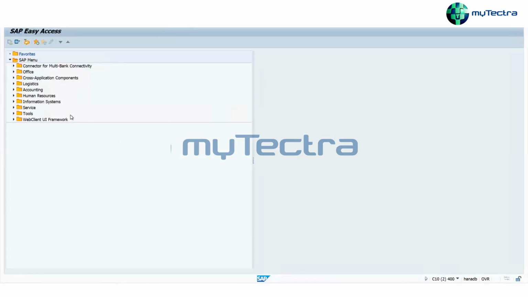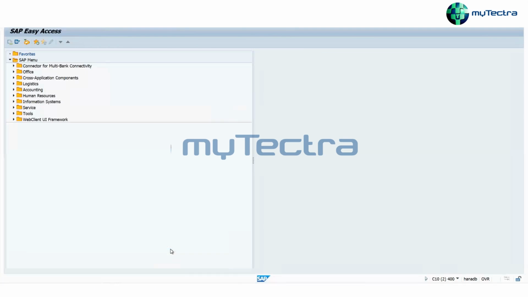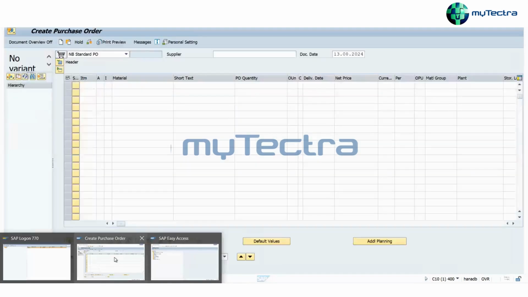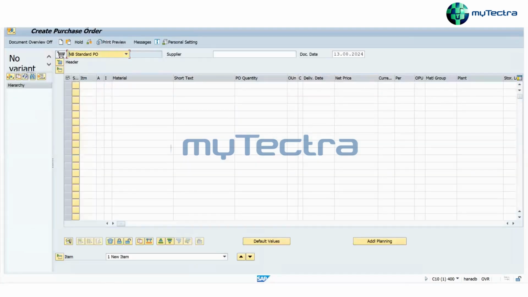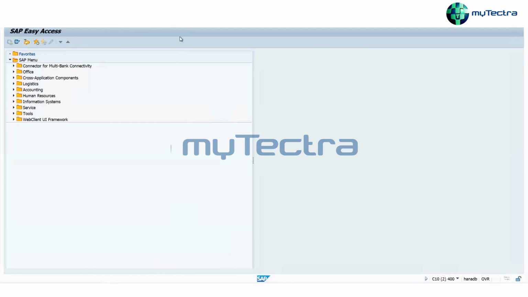It will open as a new window, not as a tab, right? So we cannot keep it as a tab? No, you can see two tabs, but they will not appear in one window, one screen. If you want to check something else, you have the option to go back, or if you want to stay on the same screen and check at the same time, you can just Alt-Tab. If you want, you can open 1, 2, 3, 4, 5, 6, 7, 8, 9, 10. How many screens do you need?